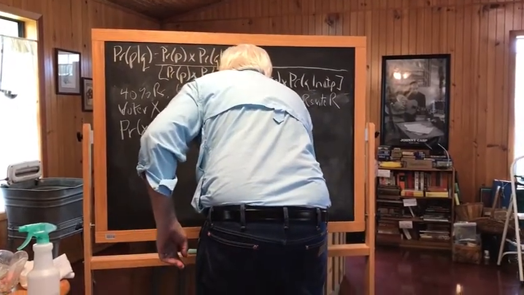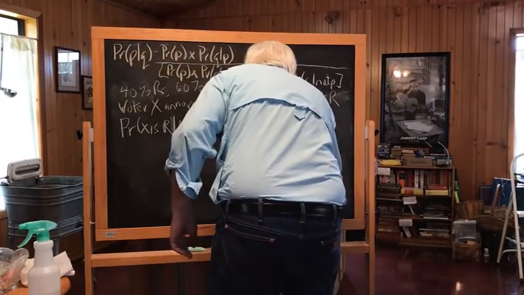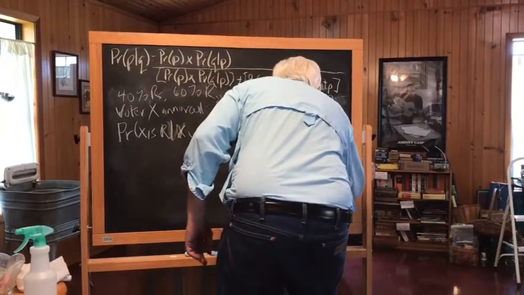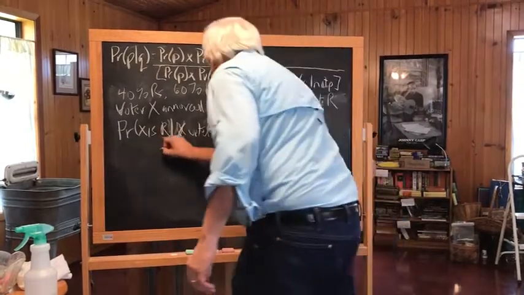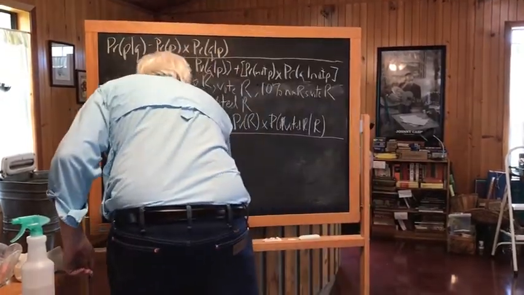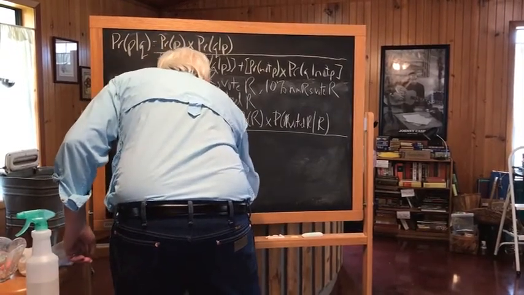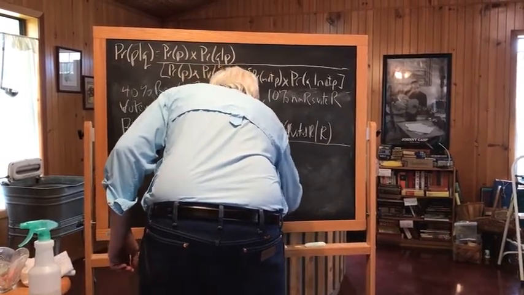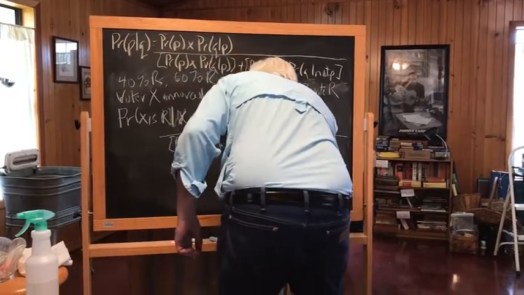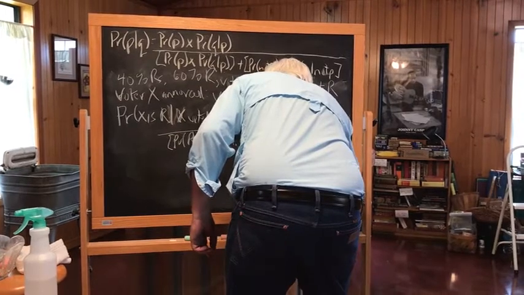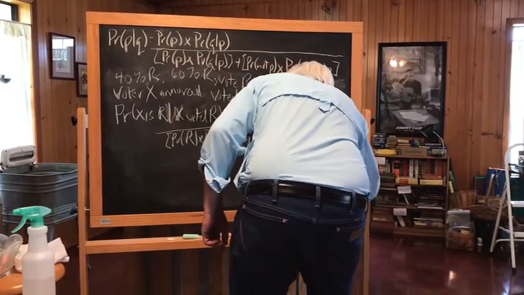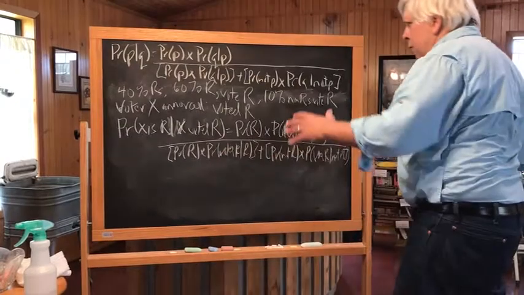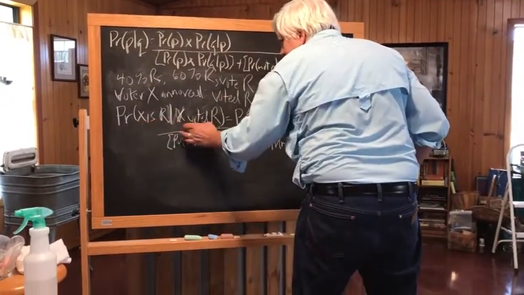That is going to be the probability that the person is an R times the probability that the person voted R given that they're a registered Republican, all of that over that same probability that they're an R times the probability that they voted R given that they're an R, plus the probability that they're not R times the probability that they voted R given that they're not an R. And all that will give us the new probability that the person is a Republican, given that they in fact